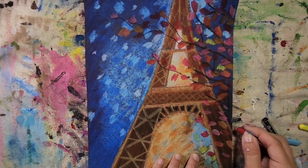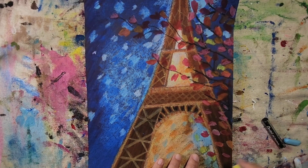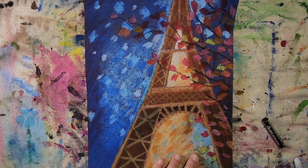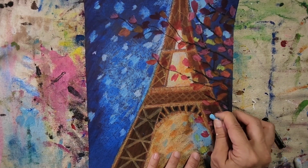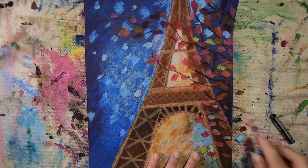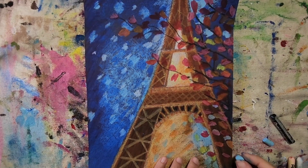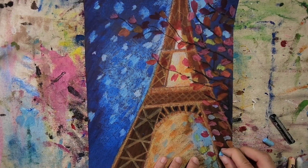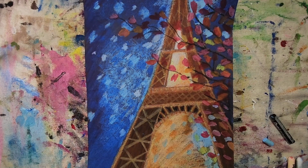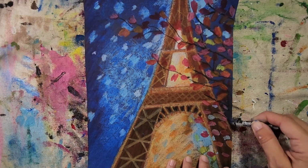Another layer of red. Put a yellow one in there. Stick a couple of blue dots in here too. And then, of course, you're going to need some of those little black